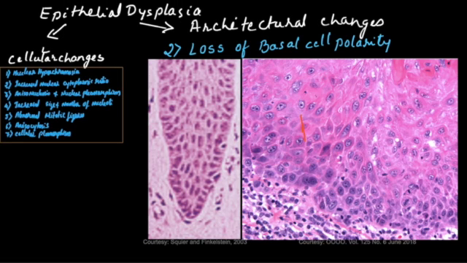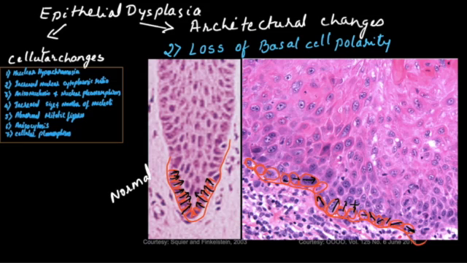In the photomicrographs, you can see the basal cell polarity. Here they have a proper direction, all of them in one direction, perpendicular from the basement membrane. This is the normal epithelium. Here you can see the basal cells are completely disoriented. They do not have any proper directionality or polarity. I'll just draw lines inside the cells to show the directions. You don't get any lines which are parallel to each other. They are all haphazard. So this is dysplastic epithelium with loss of basal cell polarity.